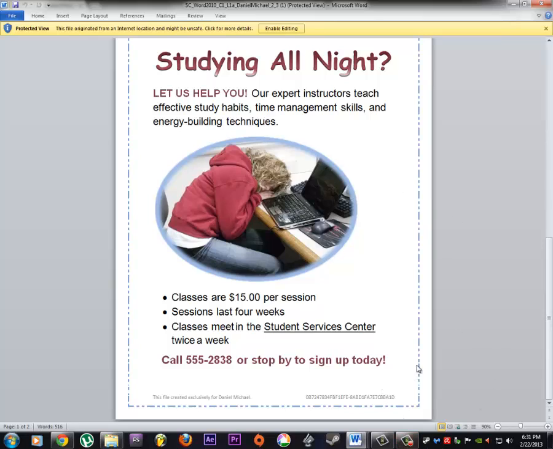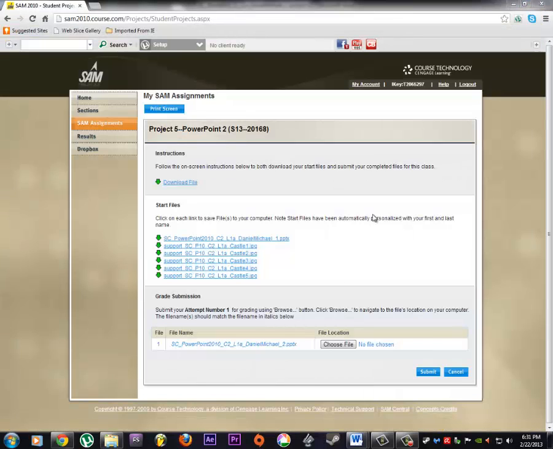The first step also asks you to verify that your name shows up on the bottom of the page. That's what this is down here. It says file created exclusively for Daniel Michael. Your name should be put there, and then these numbers to the right of it. You don't really have to worry about the numbers or anything. You're going to want to leave both of these alone. That's just so SAM recognizes that it's your file and belongs to this student. So really just don't touch those at all, and don't worry about them. Okay, so getting out of this,